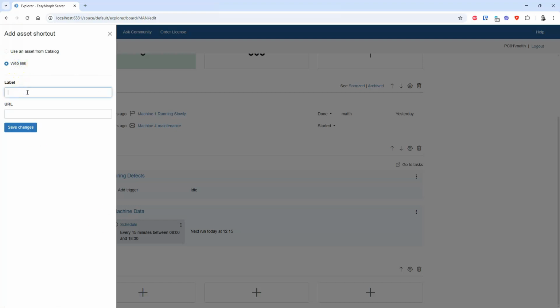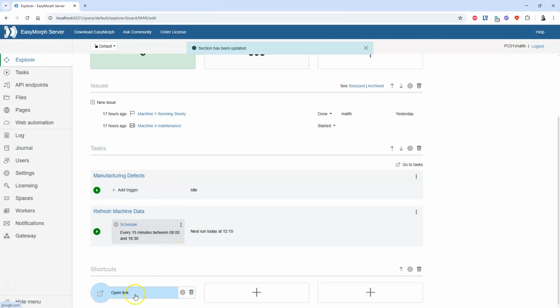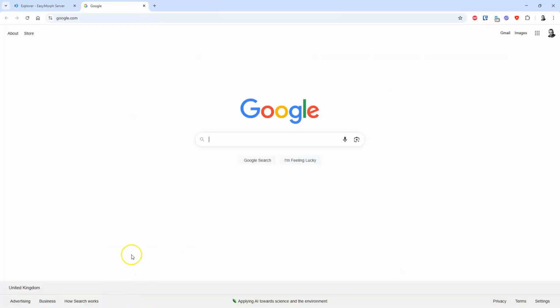Now this could be a link to any web page of information, any web-enabled system that I can view. Maybe my users need a link to my HR system so they can book their holiday or see who else is on holiday so they can manage the resources in the manufacturing room. I'll just add a simple link to Google so we can see how they work. And I have a simple link that when clicked opens a web page for my users to be able to